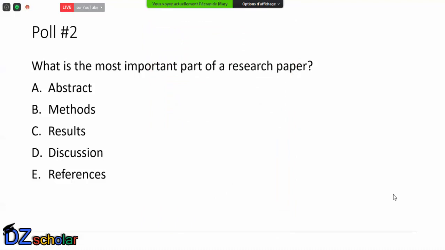Several years ago, they did a focus group amongst editors, and the conclusion, or at least the most popular opinion, was that the discussion is actually the most important part for an editor to read. And that's because,